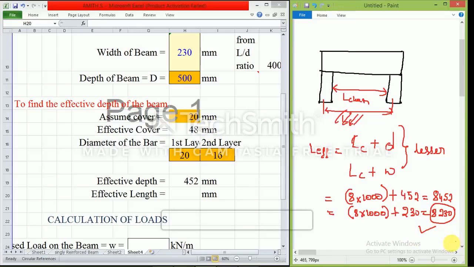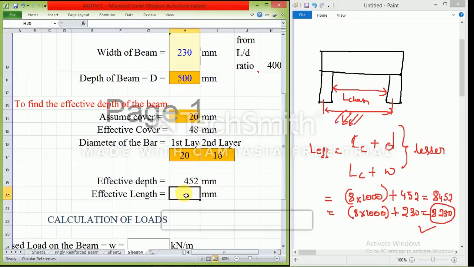So the main question here is how to enter the value in the Excel sheet. See, in some of the cases I may get the first value minimum or the second value minimum, whatever may be the case. But how to enter this in Excel? Manually it is easy. You calculate the two values and take the minimum value directly. But in the case of Excel, what happens? Here the formula plays a main role. This is very easy. I'll just teach you.